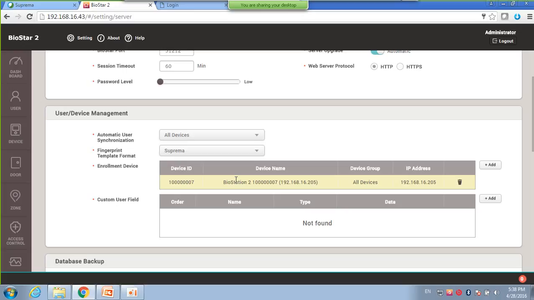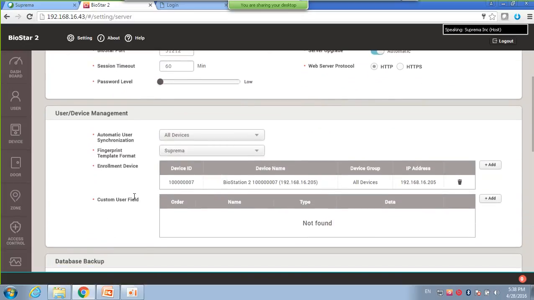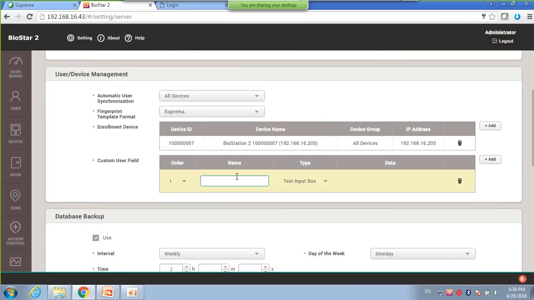So once you actually select one device to enroll, that setting will still be there all the time. The next feature is called the custom user field. You can now add a custom user field. So let's say I will add a combo box for what will be